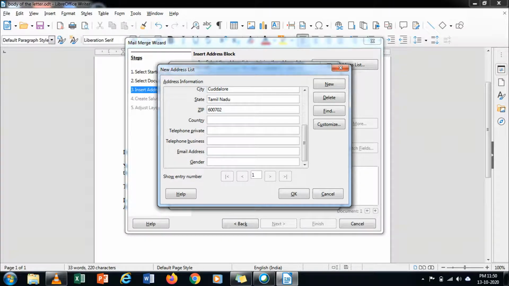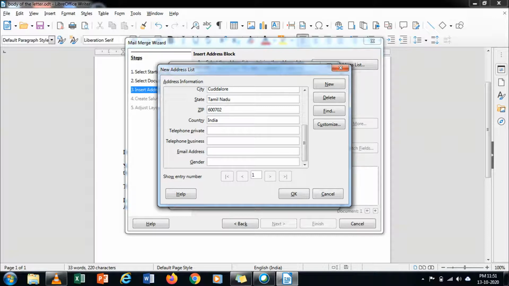After typing that, you should not click OK because you have to type 5 addresses, no? So next, after completing the first address, you have to click the new button.